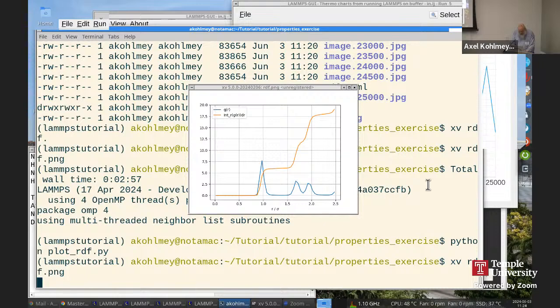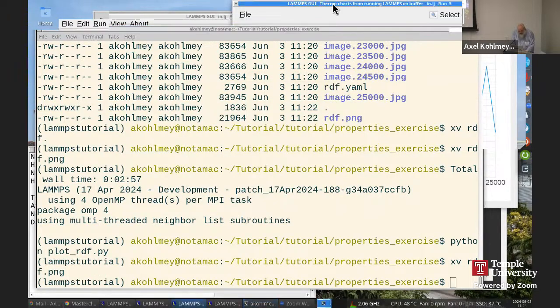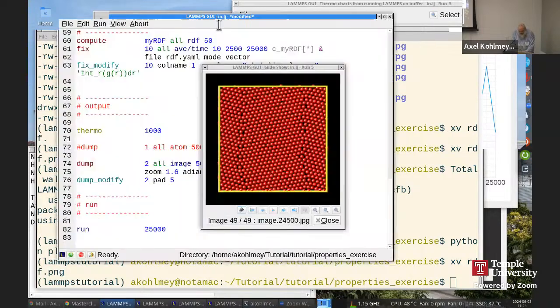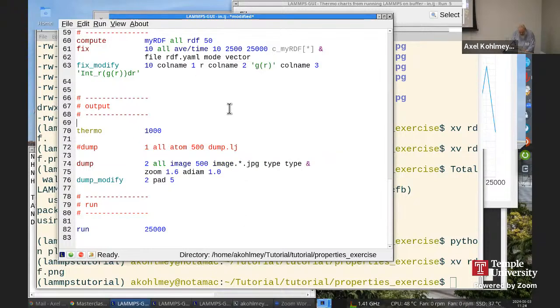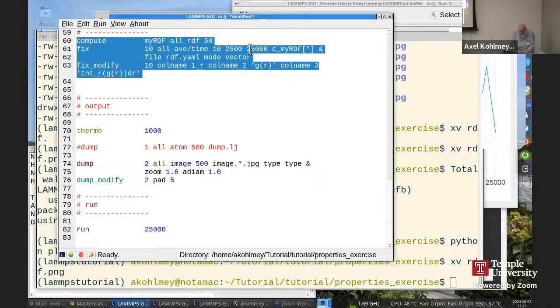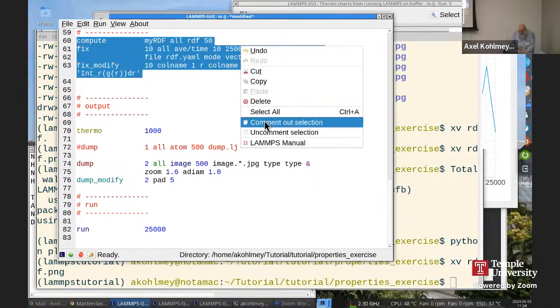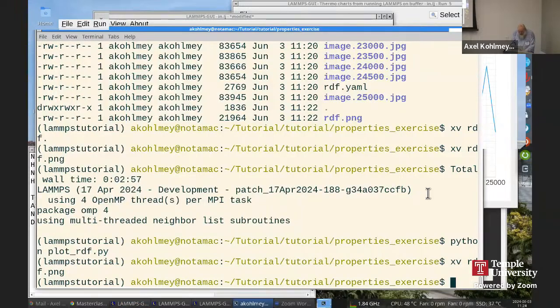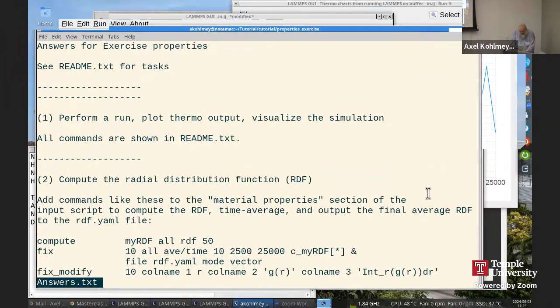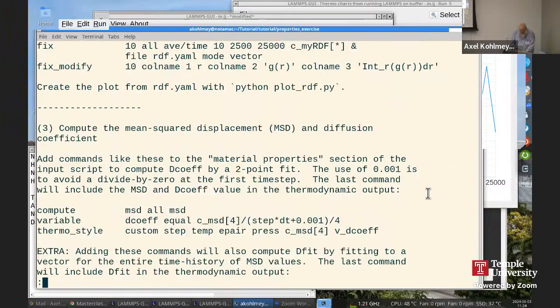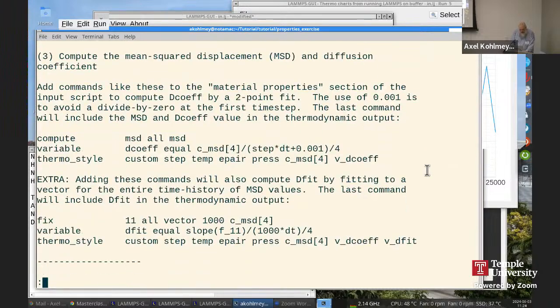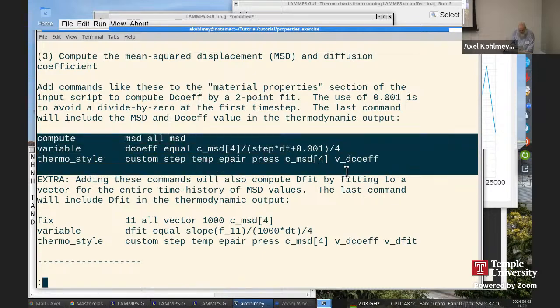Okay, so I think the next task is to do mean square displacement, if I'm not mistaken. So let's take this and comment this out. And have here